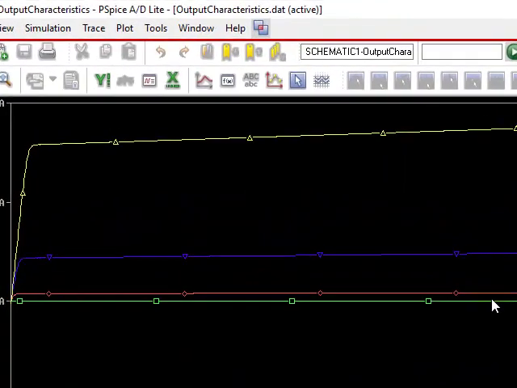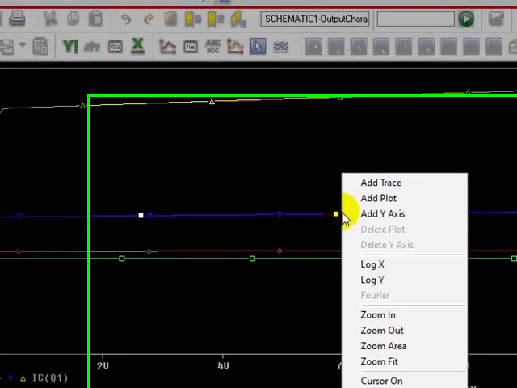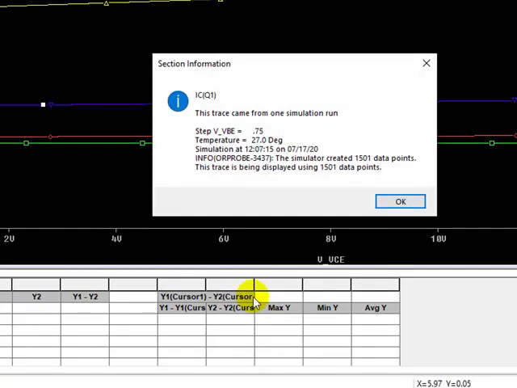Now here I can clearly show you for what value of VBE this blue color graph is coming. It's very difficult to note down from this graph. So what I can do is just select this particular curve, right click and click on trace information. It shows that this is for VBE is equal to 0.75 volt.